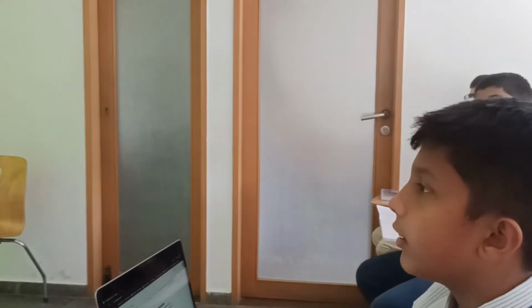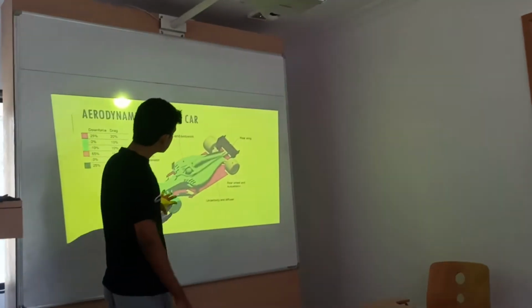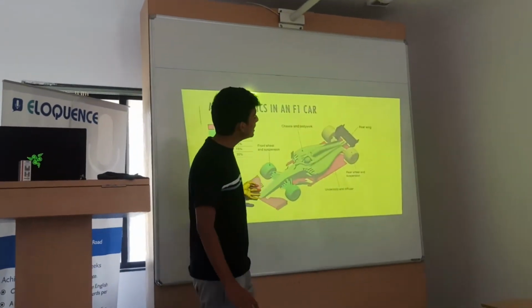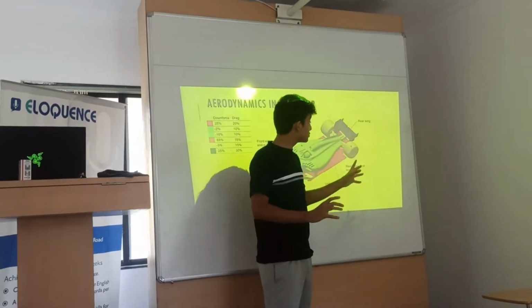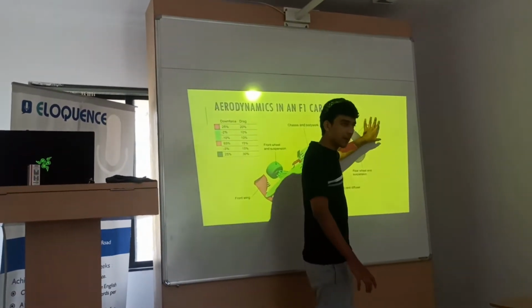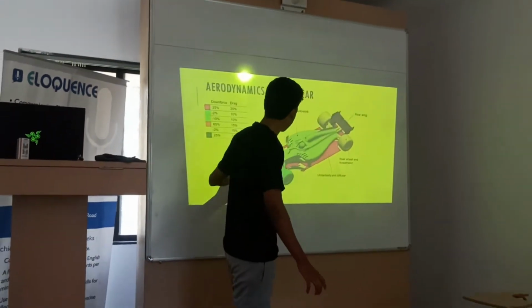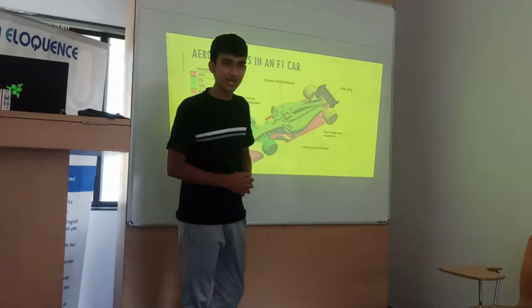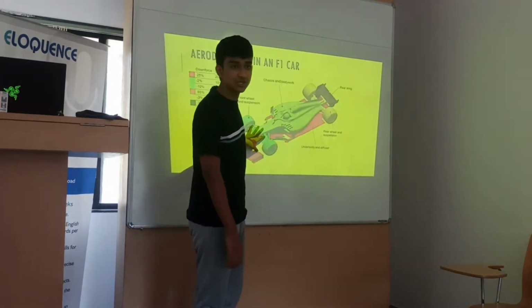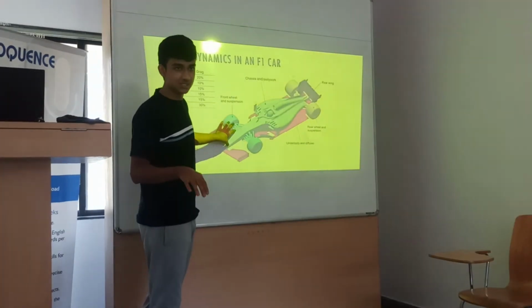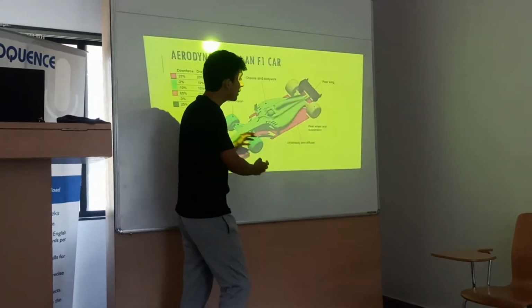The dirty air, loss of downforce, correct? In the corners, to make sure the aerodynamic parts work properly, the air needs to come straight. When the air exits an F1 car, as you saw in those vortices, it is very disrupted. Now imagine that disrupted air coming over here. Do you think the car will work correctly? No. It needs straight air to go through it, correct? That's why it is a very big issue, which has been eradicated to a very high extent this year, because it makes following very difficult.